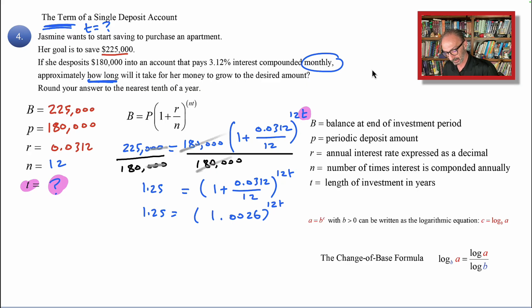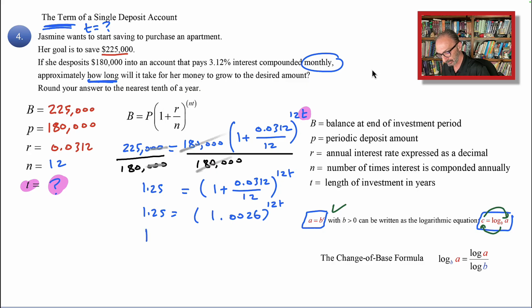Now, if you have something like this, a equals b to the power c, we could write it as c equals log a base b. Notice that b to the power c equals a, and that's what we have right here. Of course, b has to be greater than 0 for the base of log. So by rewriting this as log, we end up with